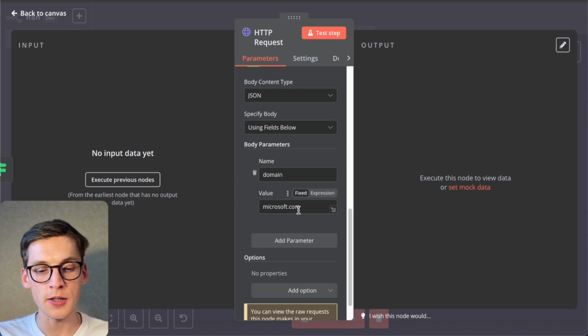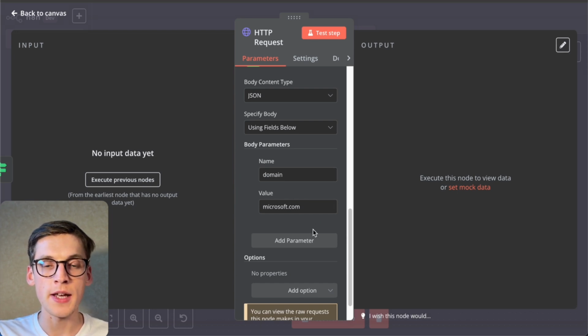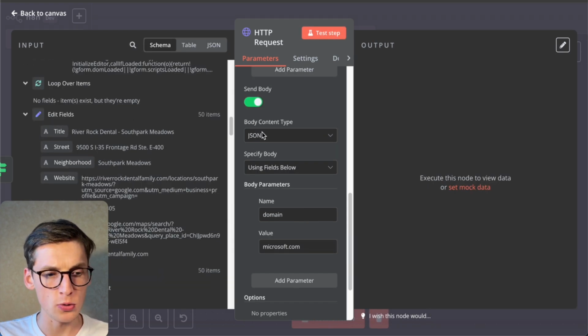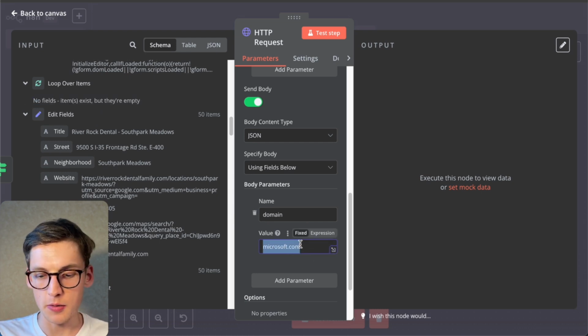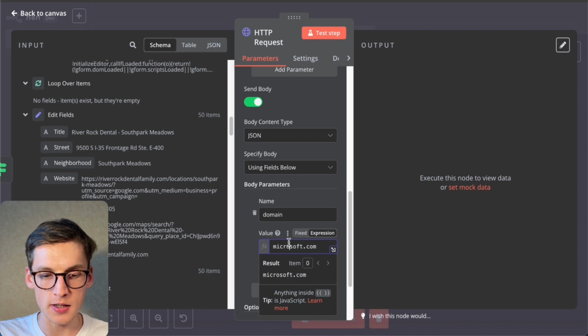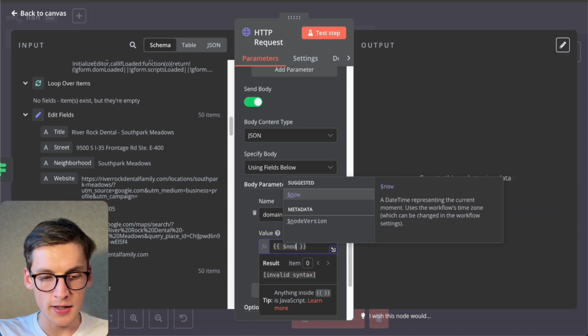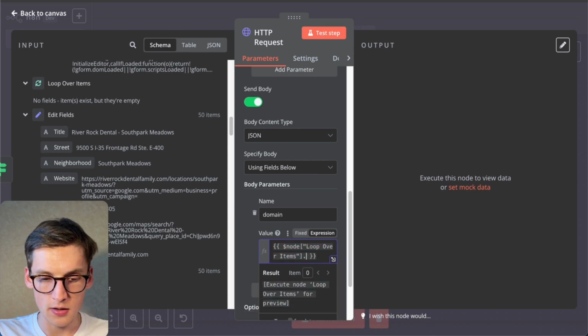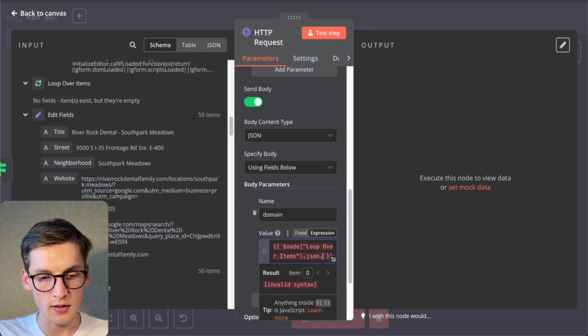So basically we'll need to select that particular domain we already have. So I'll just execute previous nodes. We'll go to the loop over items. I don't see it. It doesn't populate right here, but basically we could just do it manually by selecting the expression and write the $ node over items, include it into the quotes, .json, .domain,